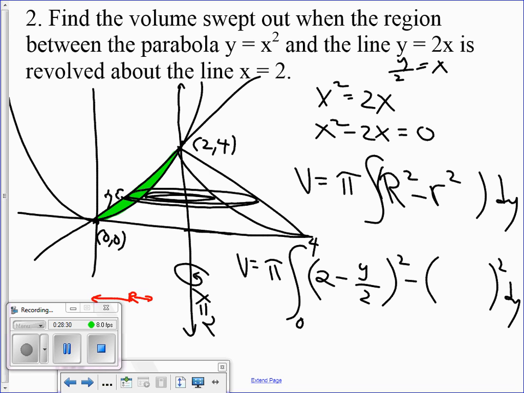Little r is the radius of the hole. It's the distance from the axis of rotation to the inside curve, right? X right minus x left. What's x right? 2. It's 2, right, guys? Exactly. It's just that we get so used to minus 0, and now it's not. As long as you have that x right minus x left, it's all the same. And then x left is x in the parabola. What does x in the parabola equal? Radical y. On the parabola,